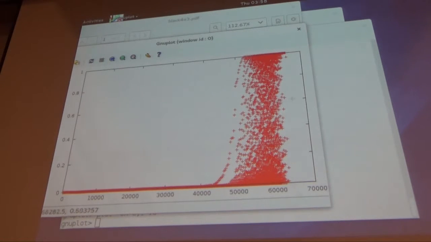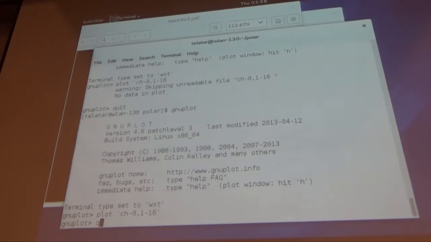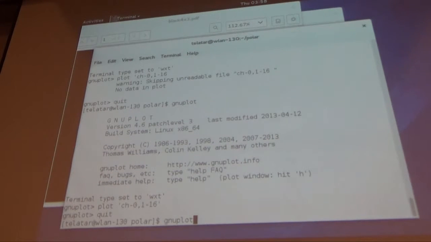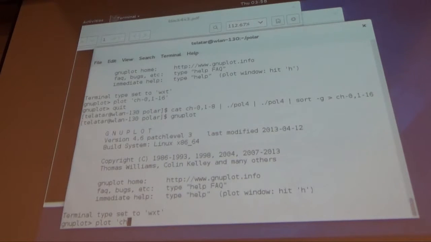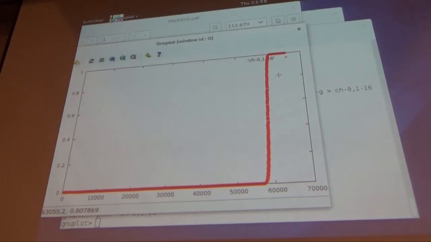Sort these numbers. Hold on a second. Okay.